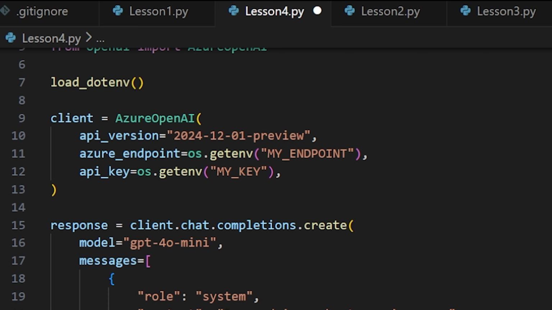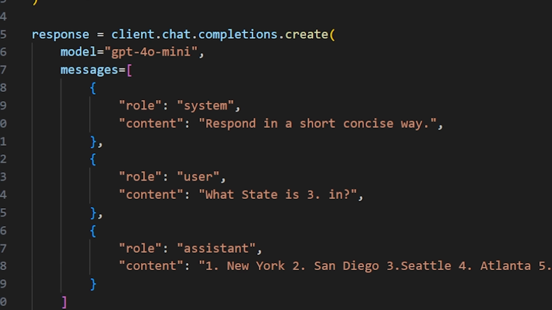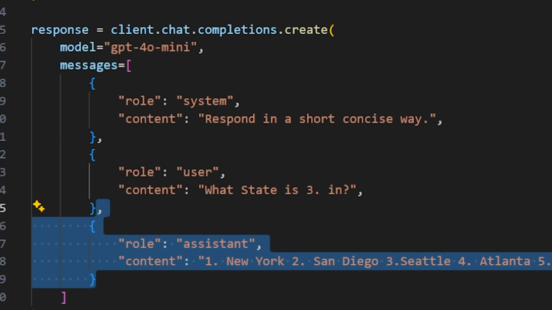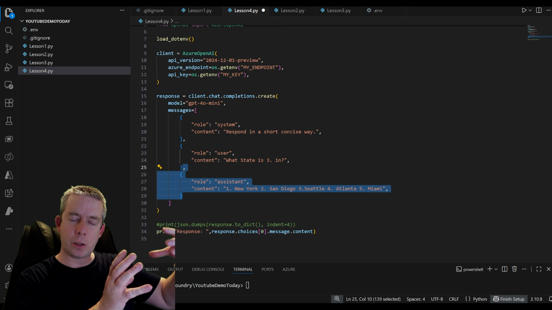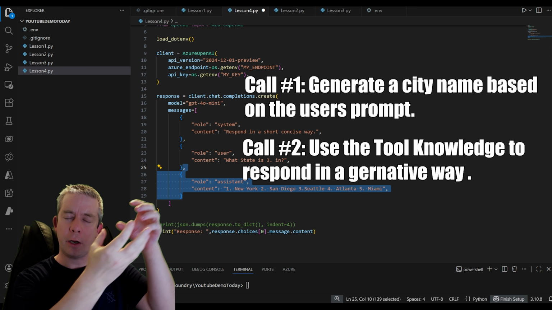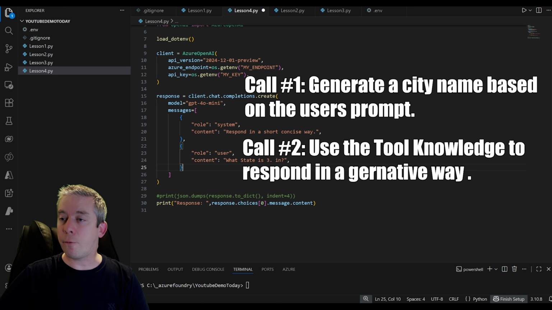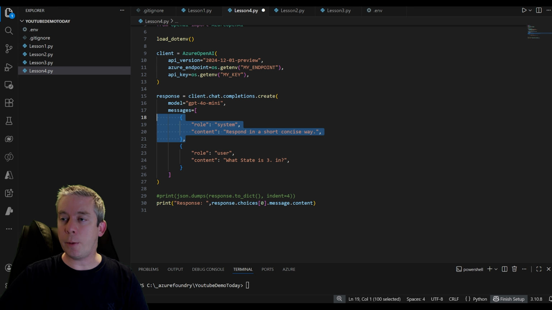We have our simple call. We have our system, user, and assistant. We're going to have two different calls to ChatGPT. This is how I think about it. The first call is going to generate a city. The second call, we're going to use the prediction model to respond to us. So the first call is going to be a user call,